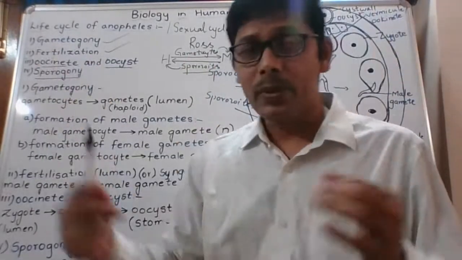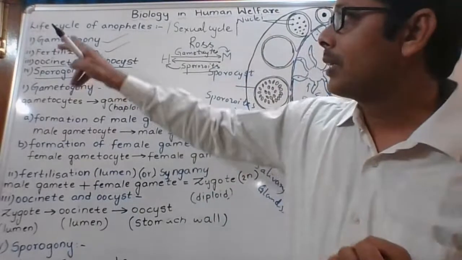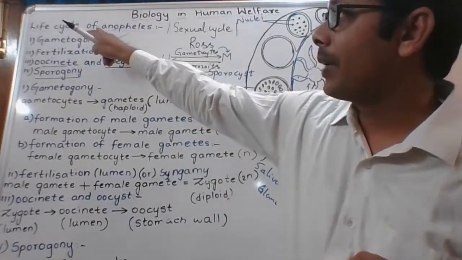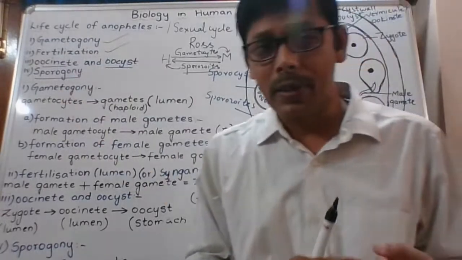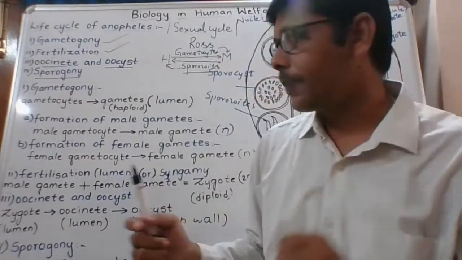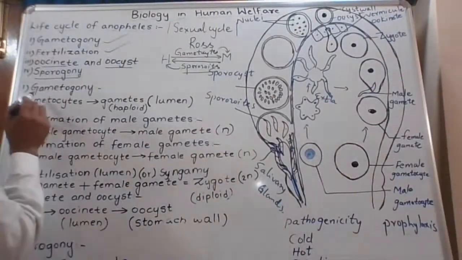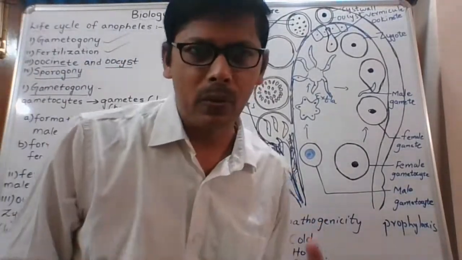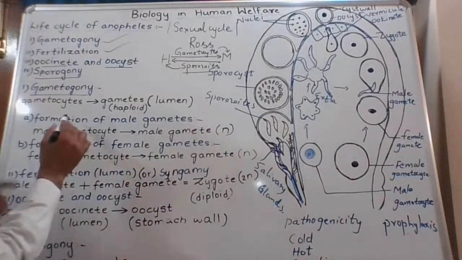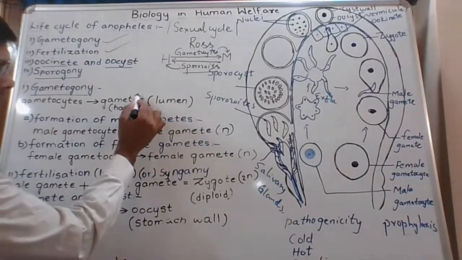Then what is the first one? Gametogony. Next one is fertilization. Let us start with the first step. What is meant by gametogony? The process of formation of gametes